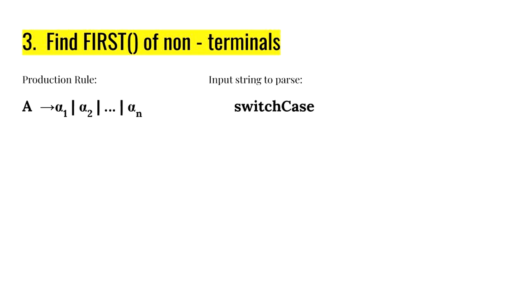And consider an input string, that is switch case. I want to parse this string with the help of these production rules. I'm just playing out a scenario so that you understand how first and follow work for an LL1 parser. So if you look at the new production rules that I just laid out, that says A derives S and it also derives epsilon,